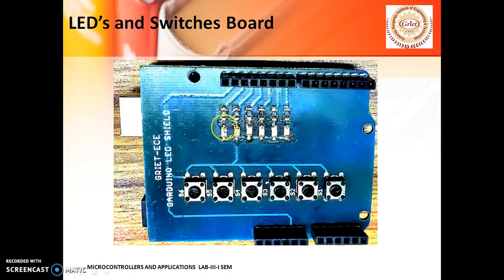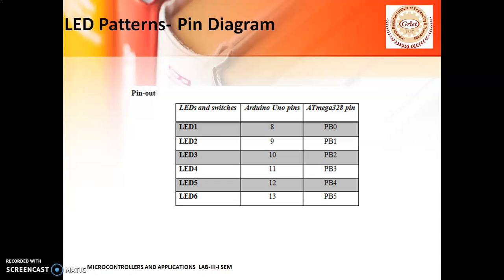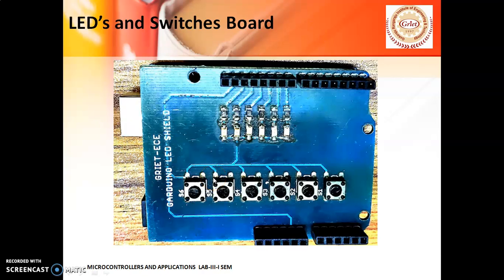Each and every LED is going to have 2 legs: one is the anode and the other is the cathode. Here the anode is connected to one of the pins, and the cathode is connected to the ground. By default, when you make this shield sit on the Arduino, the connections are there by default. What exactly those connections are, we will study in the pin mapping. Before discussing the pin mapping, remember that each and every LED has 2 legs: one is cathode and the second one is anode.